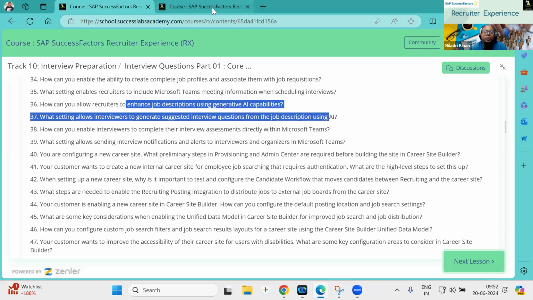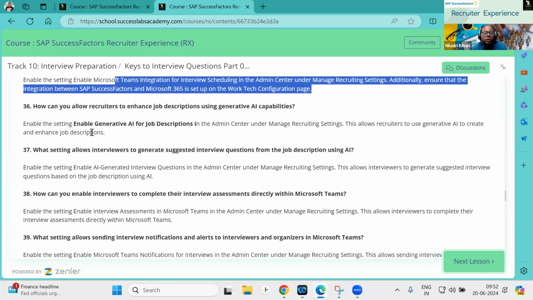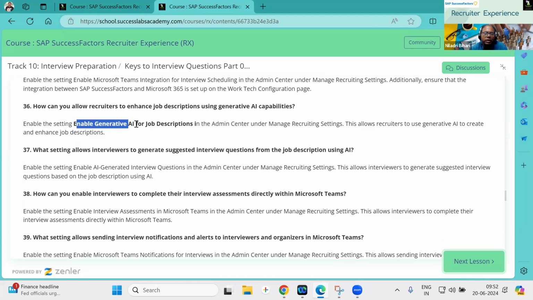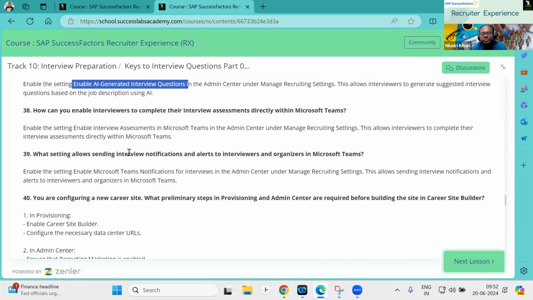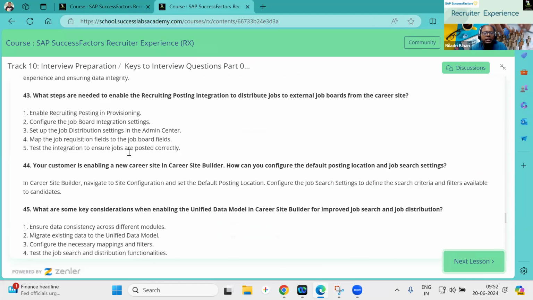So how do you enable it? We have our features, and I will recommend going through them; I will not go through each and everything. There is a feature called enable generative AI for AI JD, and enable AI generated interview questions, in the admin center. These are a couple of things you have to look into. I recommend you go through it.